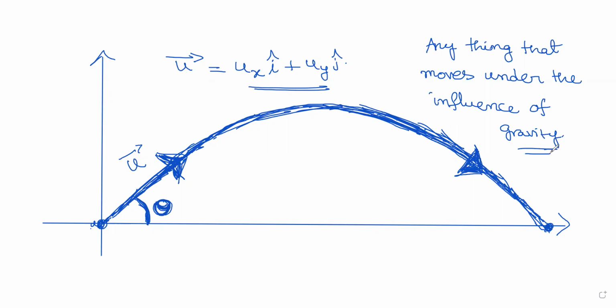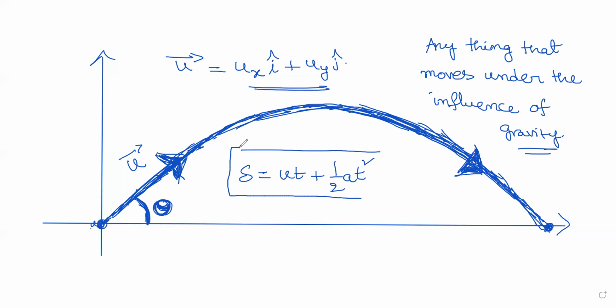And today we discuss the basic ideas of projectile motion in a very simple manner. All of you have to remember only one equation. I will explain projectile motion using this one equation, s equals ut plus half at square. Using this equation alone, you can solve the entire projectile motion, and then you can keep differentiating this. I will explain the sequence of steps you have to remember in order to solve projectile motion.